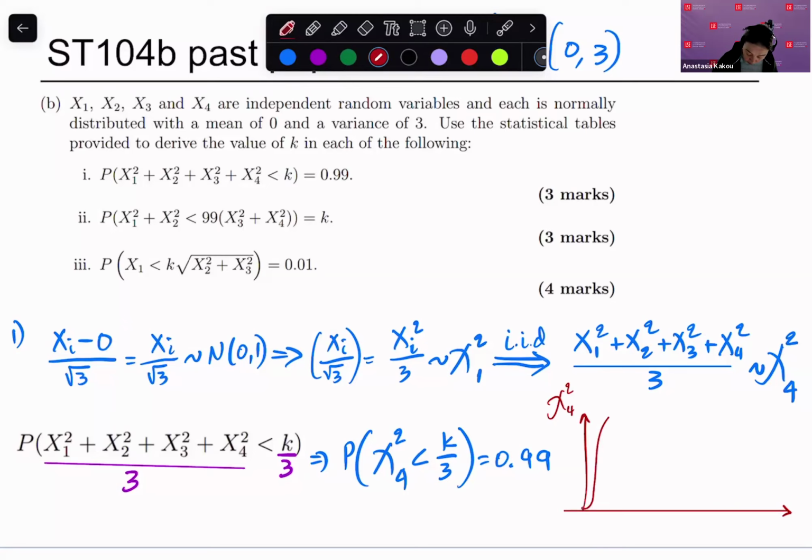Since we're looking at 99%, we know that we're looking at the cumulative. So all of these should be equal to 0.99. Okay, so on the statistical tables, the value that gives you a cumulative of 0.99 is